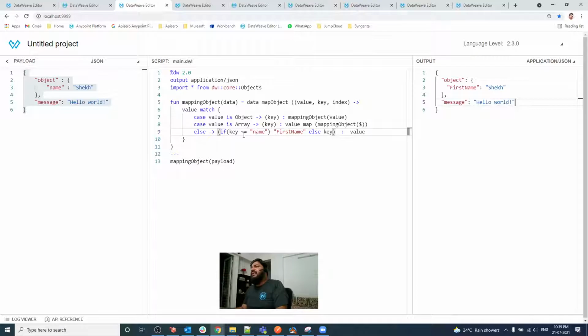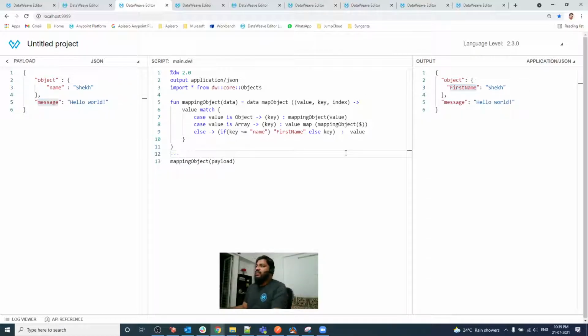I know the name comes only where the value is a simple type, not an object or array, so it is a simple else condition. That's why I apply the condition here. If the key is name, it should be first name, else it is the key. As you can see, it only converted first name, and all the remaining things are the same.